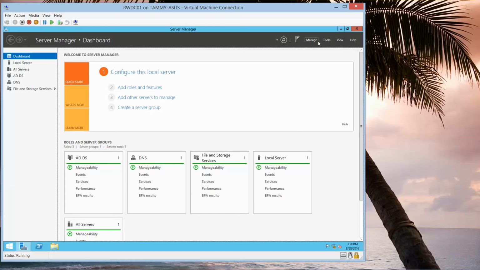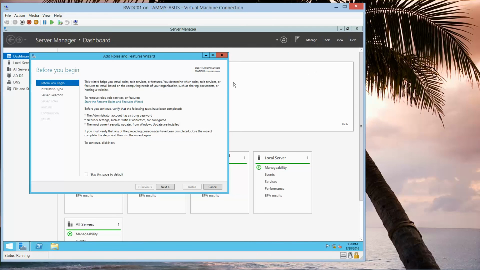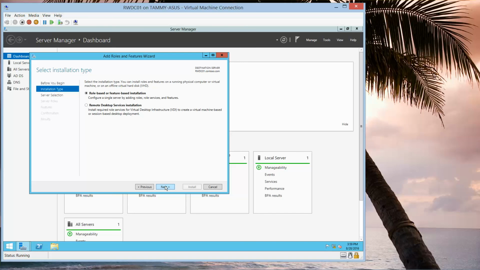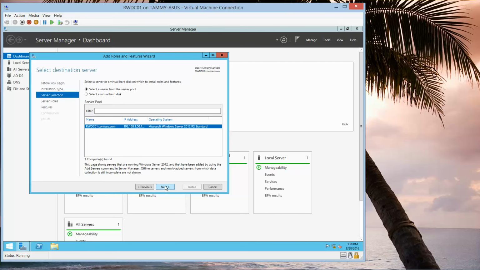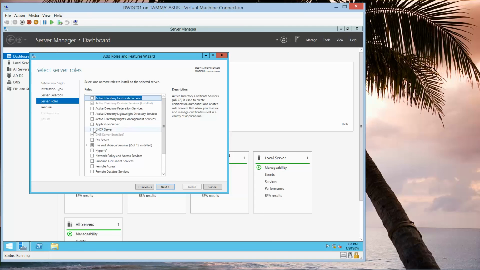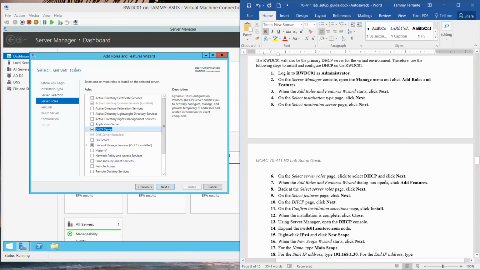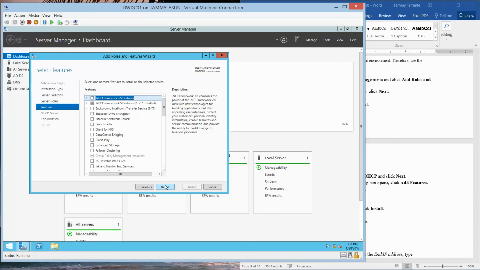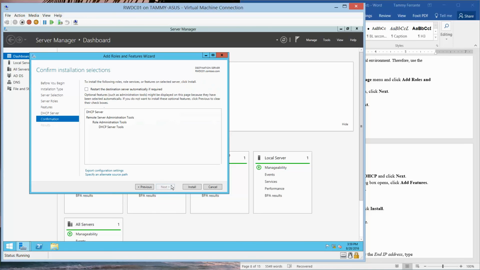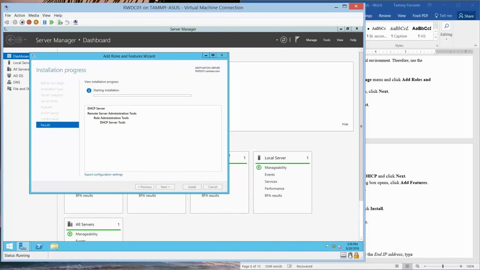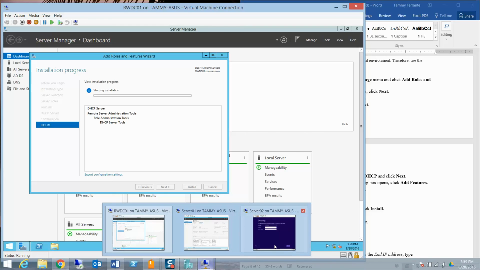Okay, on our domain, click on Manage, Add Roles, next, next, next. Now I want to add the DHCP and add features, and then next, next, next, and install. While that's installing, I'm going to flip over to my server 2 and we're going to